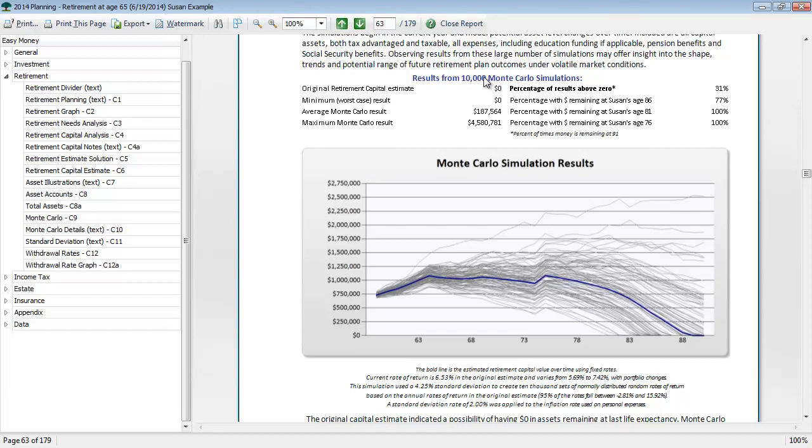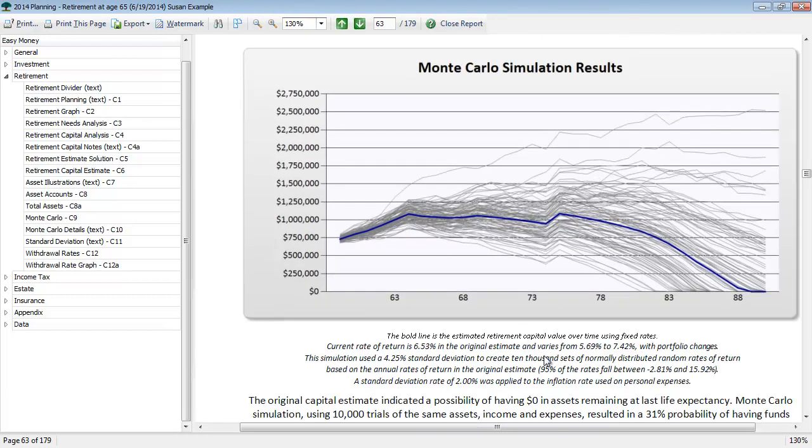And if we look below the graph in little font here, we can zoom in a little bit, you'll see the standard deviation that's used, and it will show you what 95% of the rates will fall between, so the first two standard deviations here. And the program will go out a total of 5 standard deviations. You can also choose to have the fat tail option included, which is going to add more emphasis to those